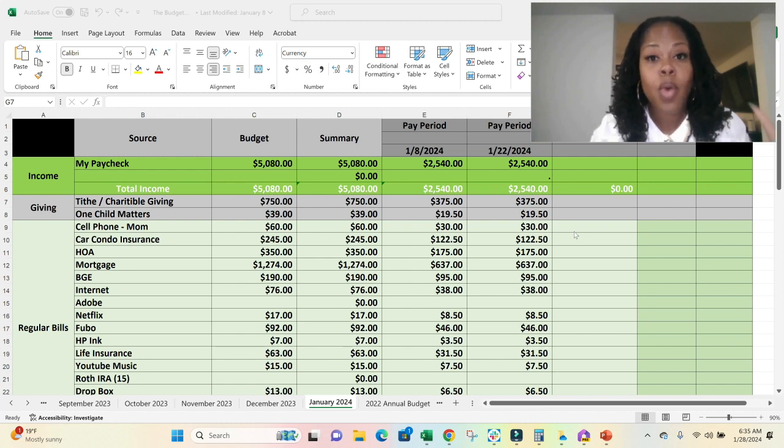I use YNAB to do all of my budgeting, to track all of my transactions, to reconcile my budget, to budget for things, to track my sinking funds, all of the above. But before the month starts, I like to plan my budget. I like to get in my calendar, see what's happening, and make sure that each paycheck that I get, I have the money to do all the things that I want to do, as well as save.